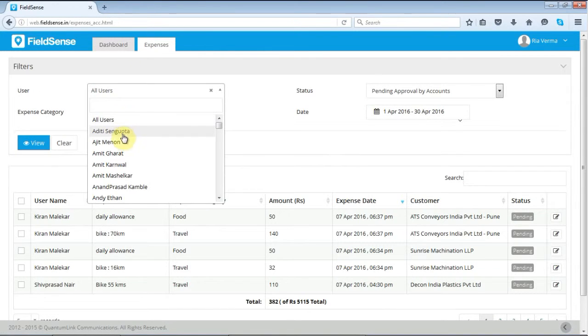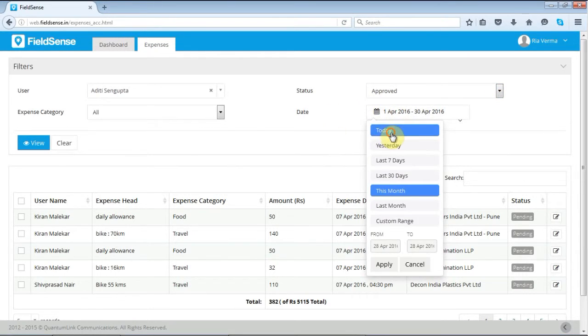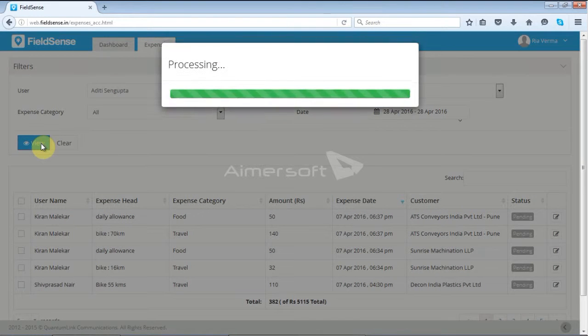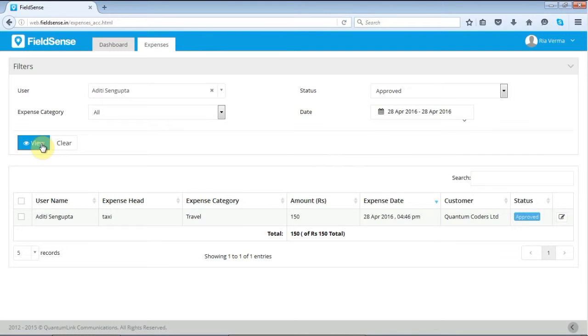So let's select the user, approved, and the date. Here you can see that the status is approved by the accounts team.